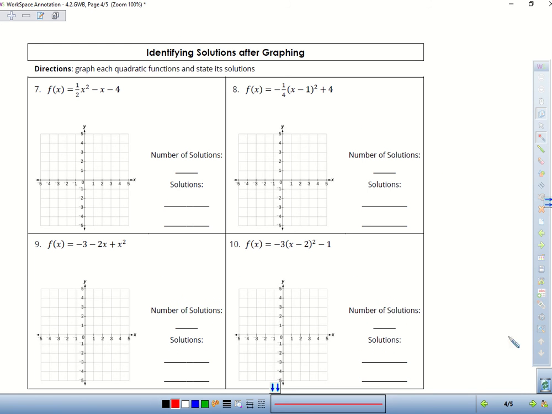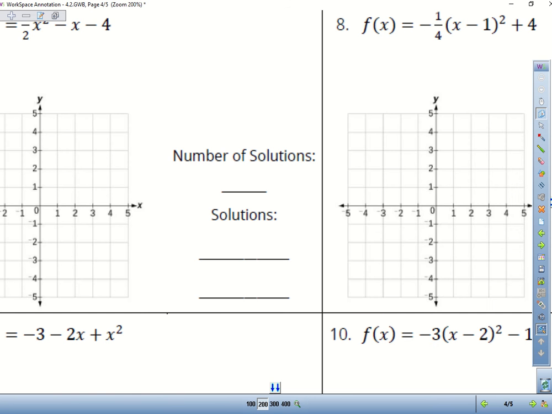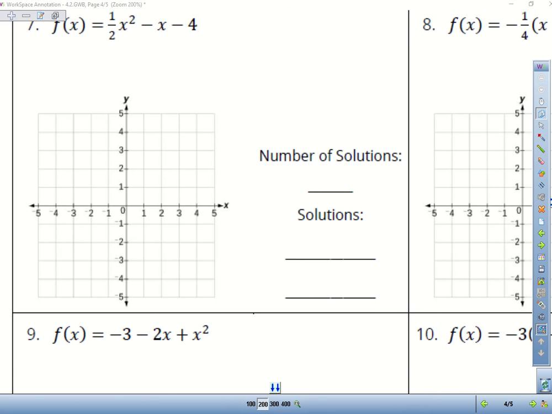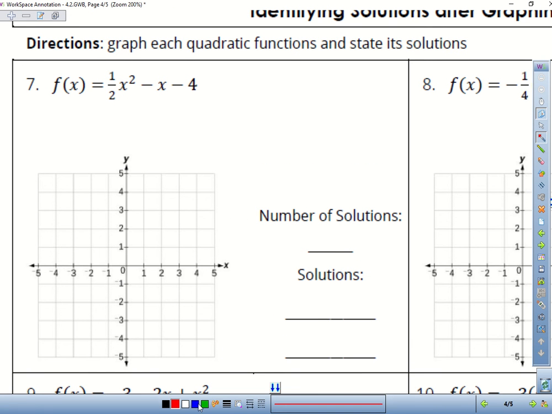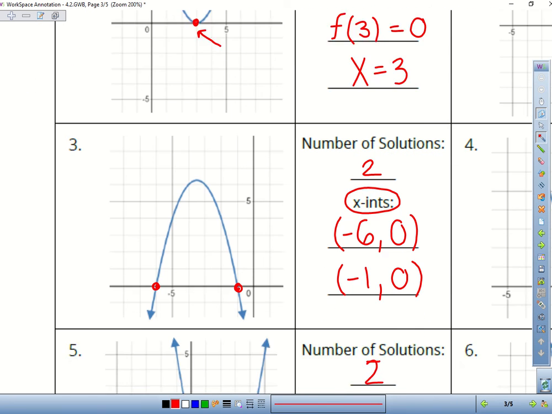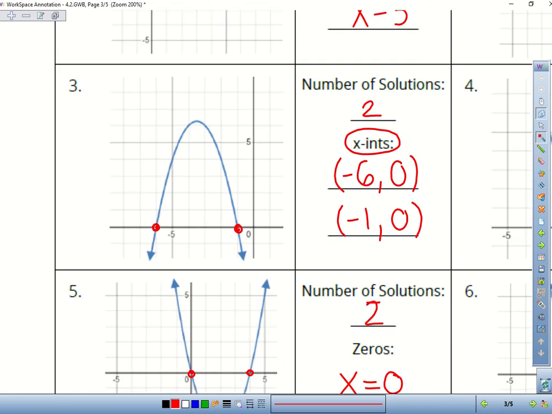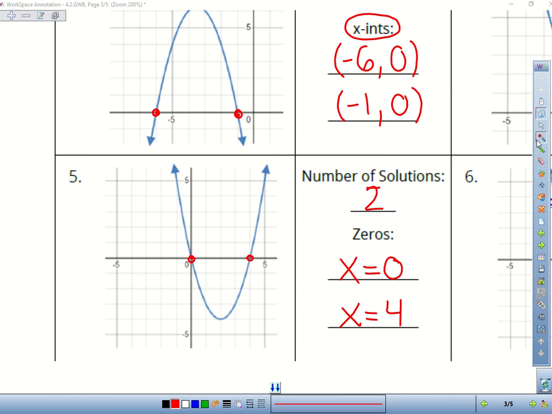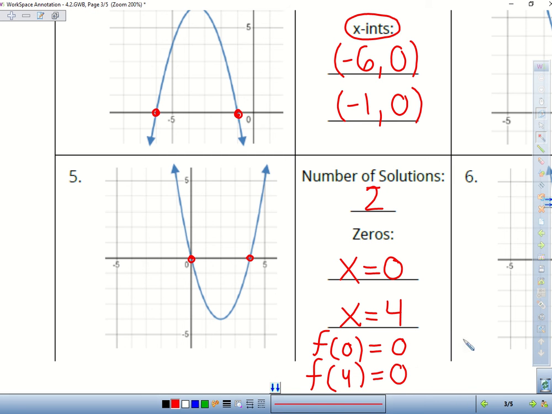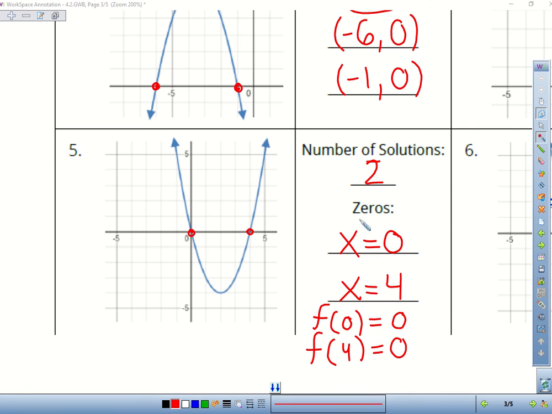Alright. Yeah. I think you accidentally did solutions instead of zeros for number 5. Oh, I see. Yeah, that's okay, but yeah, you're right. You could write it as f of 0 is equal to 0, and f of 4 is equal to 0 too. But good point. Good noticing that. So yeah, if you want to write it in the form of zeros,